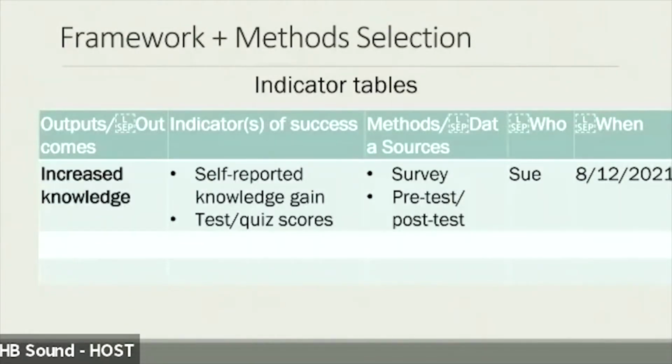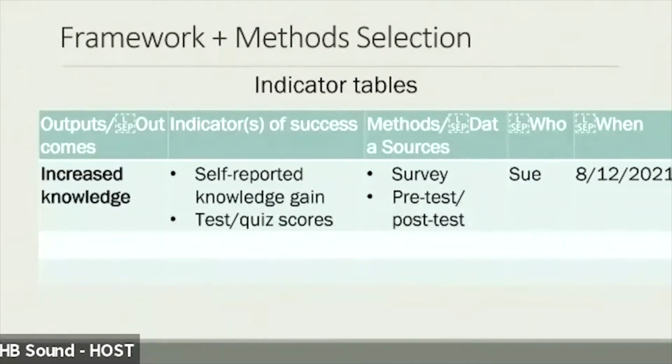Go ahead and throw them all in there, even if you're not going to evaluate them all, because you don't have time or money to do all of the things, as we all well know. But if you get them all down there, then it's going to be a lot easier to prioritize. So once you've got your outputs and your outcomes in there, then the next thing you can do is start brainstorming some of your indicators of success, okay?